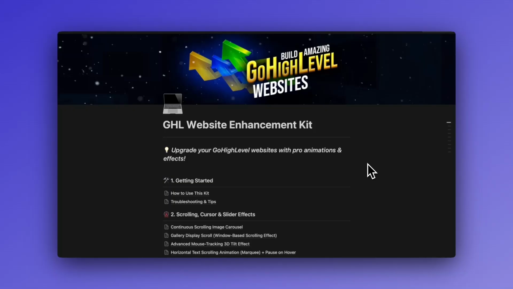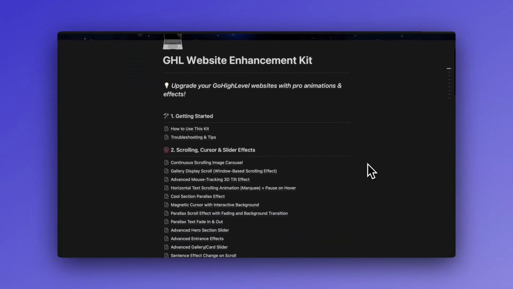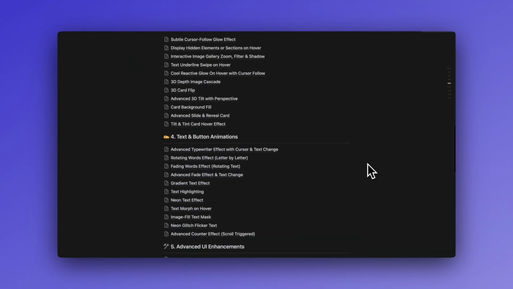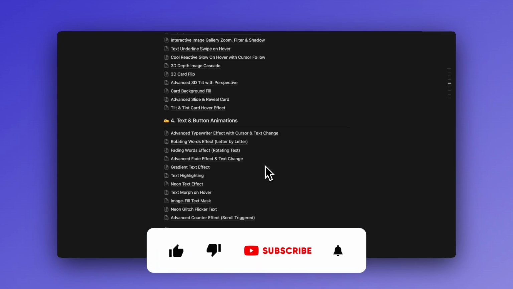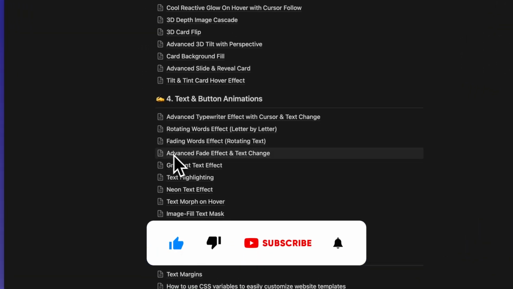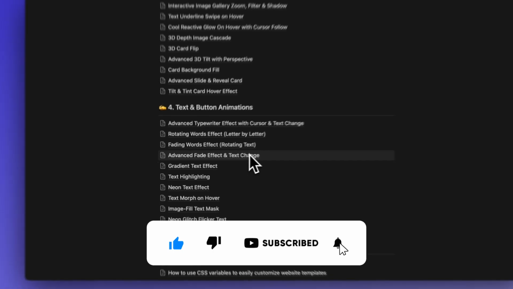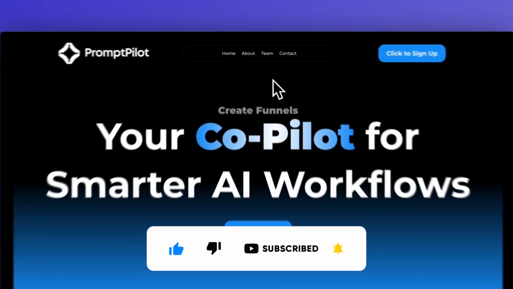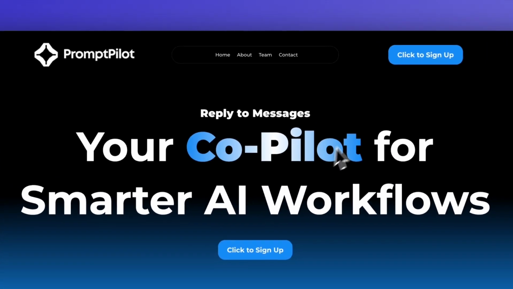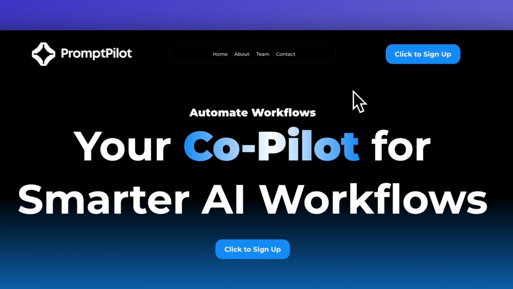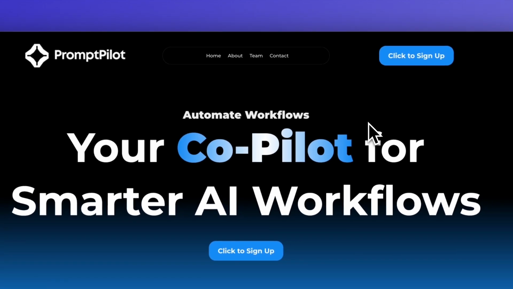Today I'll show you my top 10 Go High Level website effects. So let's start with the one on the 10th position, which is this one, Advanced Fade Effect and Text Change. And this is exactly what it does and how it looks. A really cool effect that cycles between different words and sentences and can showcase benefits, products or things like that